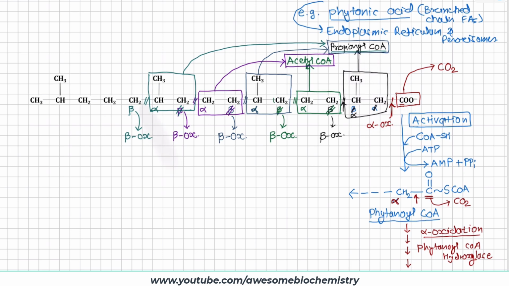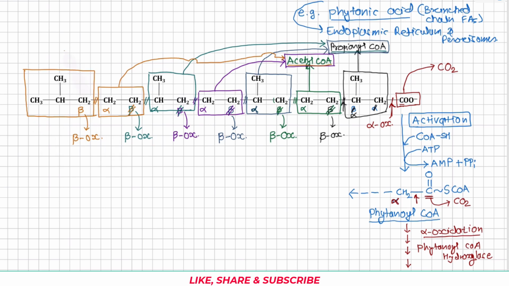Now this carbon becomes the new terminal carbon, so this becomes alpha and this becomes beta carbon. Here also the beta carbon is free from a methyl group, so beta oxidation can occur, leading to breaking of this bond. So this 2 carbon fragment and this 4 carbon fragment get released. This 2 carbon fragment is released as acetyl CoA and this 4 carbon fragment gets released as methyl propionyl